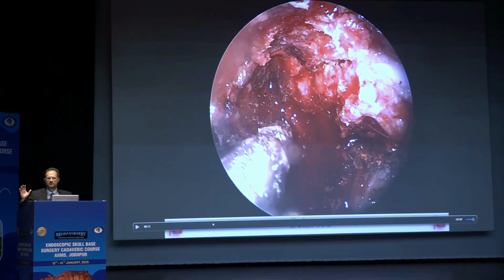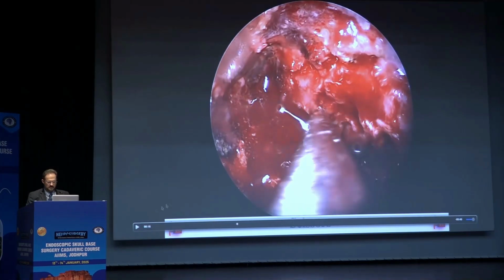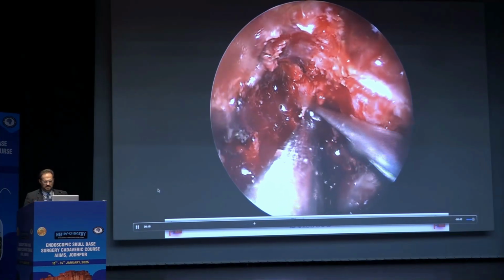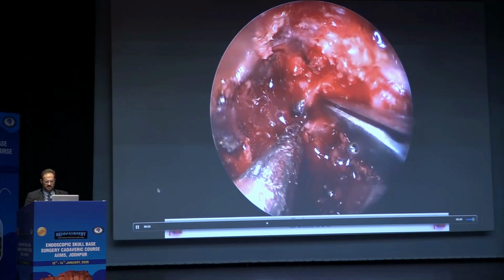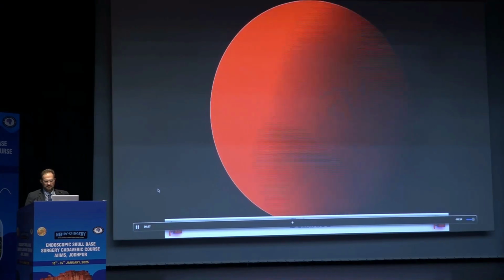Most of these videos are a combination, but I try to classify them as a technical mistake or lack of anatomy. I think in this case there was really a problem with anatomy, and the surgeon was being rough as well. If I put another pause here, you can see this is the carotid artery turning in the back of the orbital apex. You see the problem with the instrumentation. Look at the size of the scissors the surgeon is bringing here. It's like regular scissors trying to dissect the last piece of this